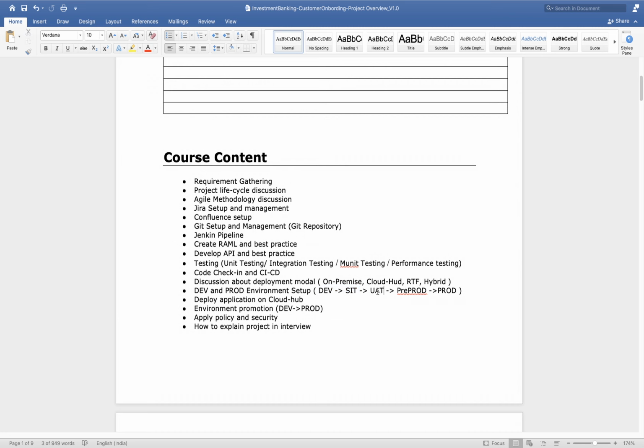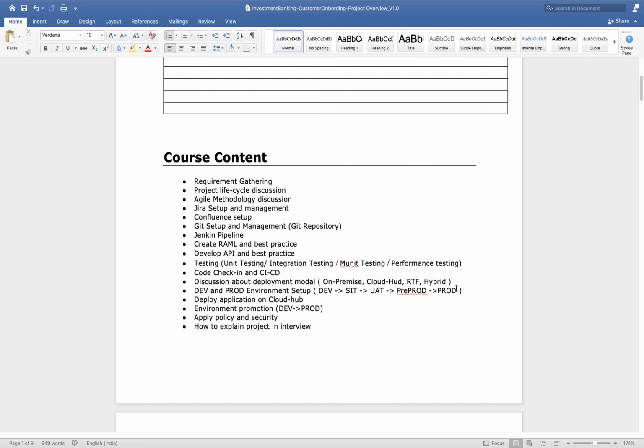Second thing, the DevOps team or maybe the MuleSoft admin team, there should be someone who will manage these environments. They need to create environments, apply all the policies, and manage them. So you need some resource cost also. That's why it depends on your project budget and on the client, how many environments they want to maintain.